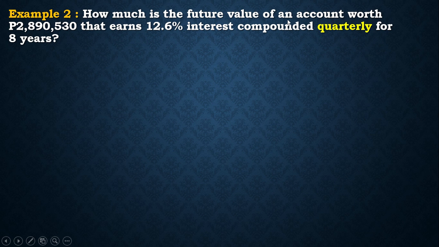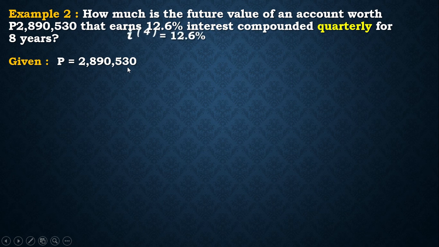How much is the future value of an account worth 2,890,530 that earns 12.6% interest compounded quarterly for 8 years? So, quarterly, pag sinabing quarterly, 4. That is equal to 4. And then we have the given, P is equal to